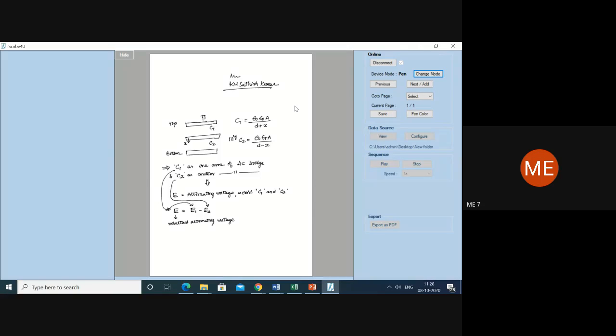Now we'll try to calculate the value of E. Now E1 is going to be what? When you make this in one arm and the other arm, E1 will be equal to E into C2 divided by C1 plus C2. This is from the basic equation of capacitance. If I make two different arms, this is what I am going to get: E1 is equal to E into C2 divided by